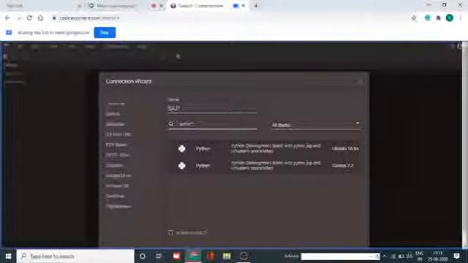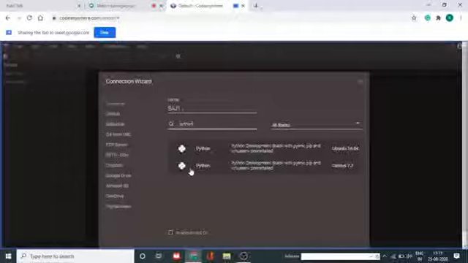See, this is the search tab, so it will show all the stacks matching this Python. You will get this Python development stack with PyEnv, pip and virtualenv pre-installed.